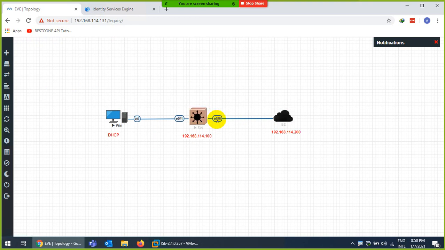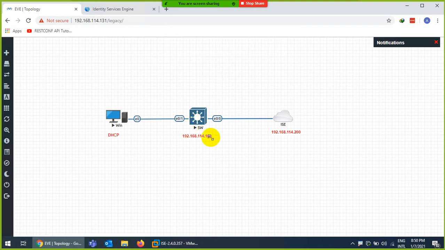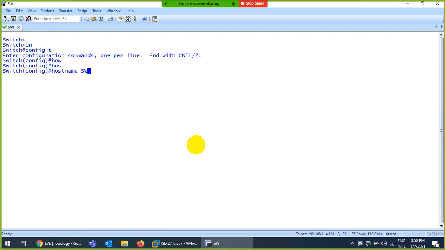I will not configure 0/0. Either you can make 0/0 force authorize and this one in auto mode. You remember we just discussed that. So let me go to the Cisco switch to make it ready for Cisco ISE. And I will tell the switch that you will not allow anyone now. So let's go to the switch, configure, change the host name to SW, do write.